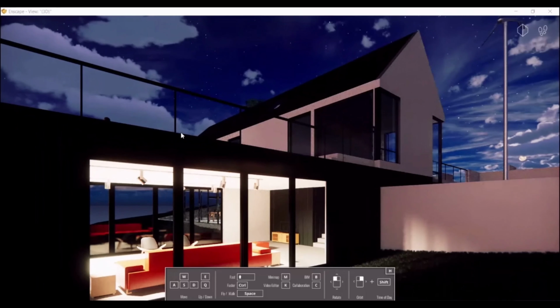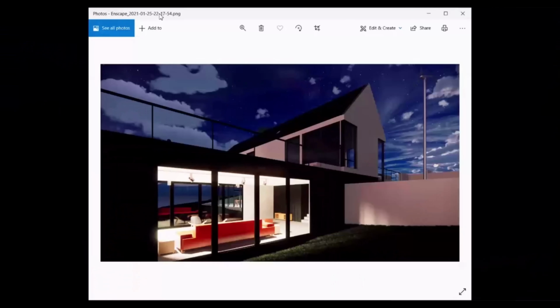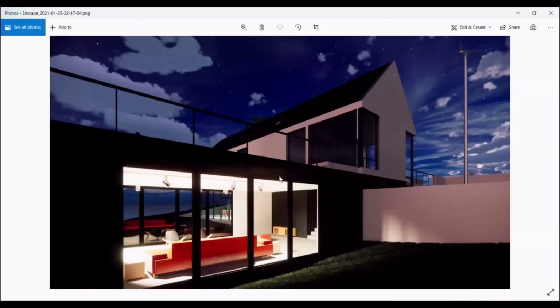You have to see where it is saved in the general settings. Let me check. You can see this is the image saved from your Inkscape.